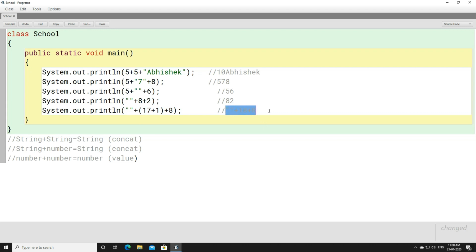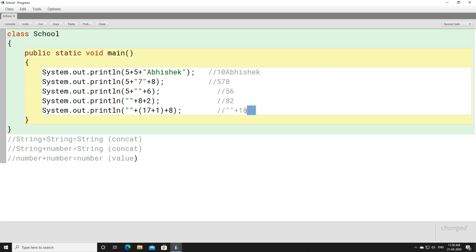Then we have to write it once again. Here you solve from left to right because no bracket is present. The double quotes, a null string, plus 18 will give you 18, but 18 will get converted to a string.